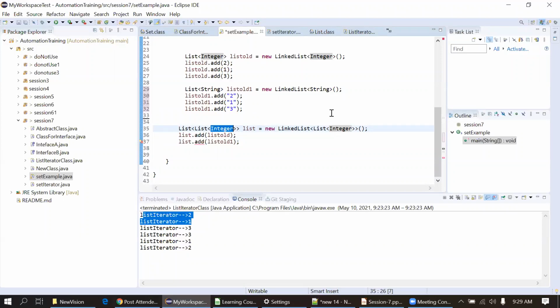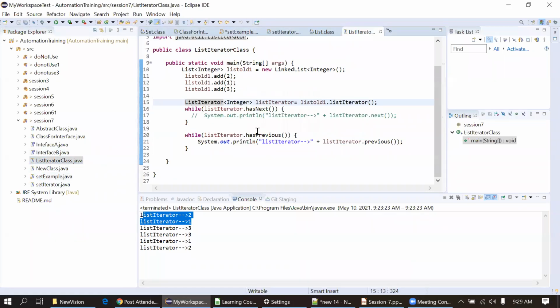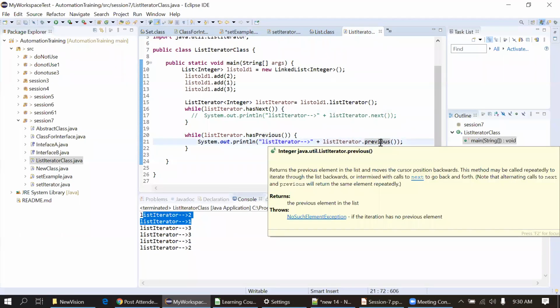Thank you, Yogesh. One more doubt on list iterator. You have shown the example now, using dot next and dot previous. Are these both methods used only for the list iterator? Can they be used for the simple iterator also? Yes, but for the simple iterator, we won't get these methods, hasPrevious and previous. We won't get them for another iterator. It is only for the list iterator.